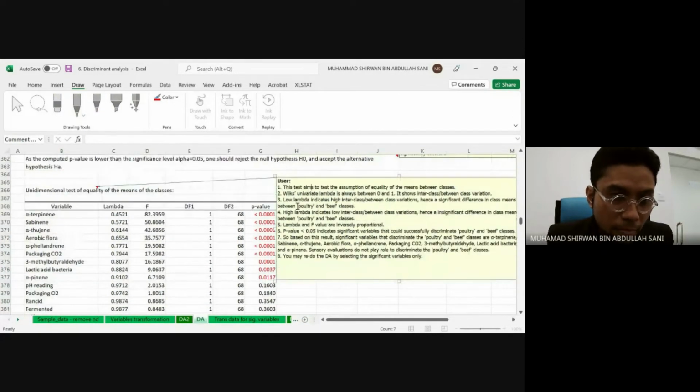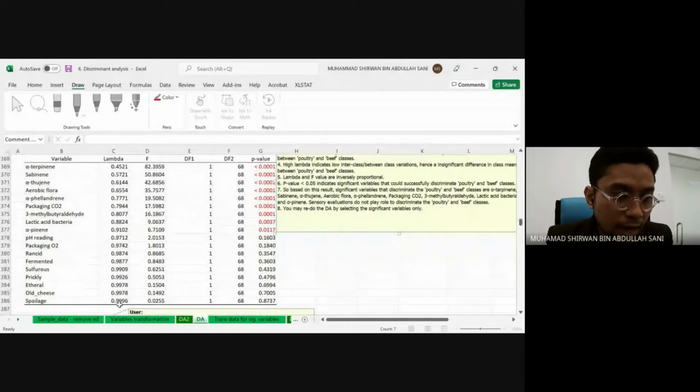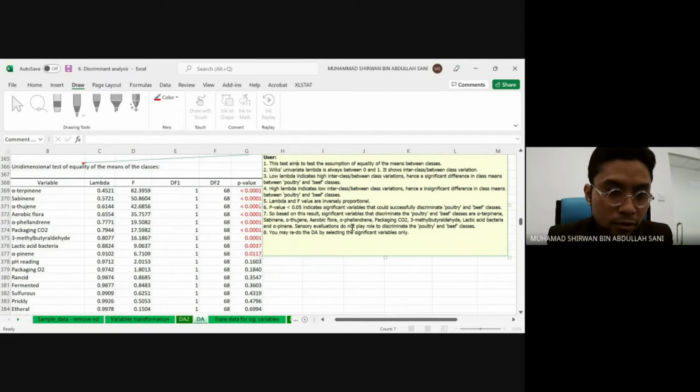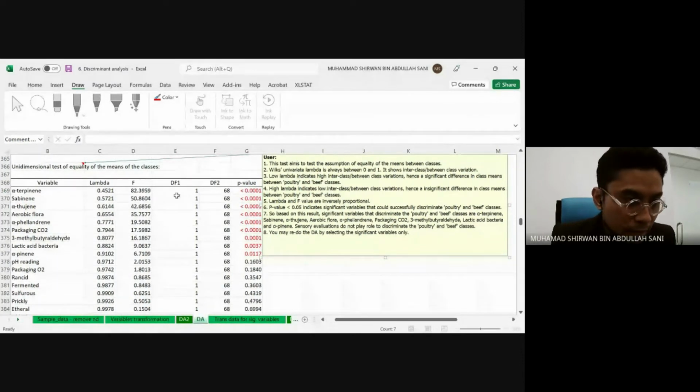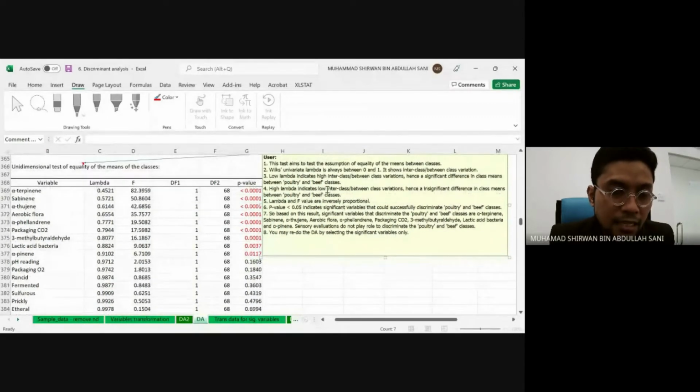Wilks' lambda, univariate lambda, is always between 0 and 1. This one, the lambda. If you rearrange this too, you can see the significant variables that contribute to differentiating beef and poultry have the lowest lambda. Low lambda indicates high between-class variation, hence a significant difference in means between poultry and beef classes. High lambda, for example spoilage at the bottom here, indicates low between-class variation,